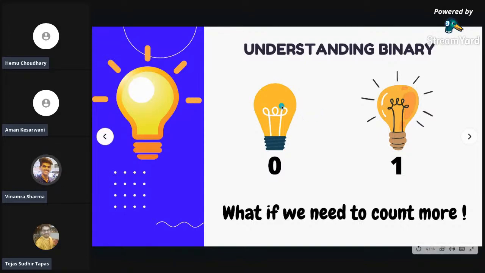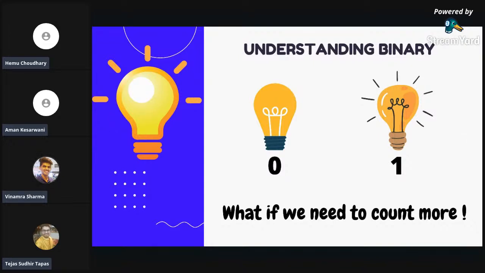So let's say you have a bulb. As you give it power, it glows. So when it doesn't have any power, it is 0, which is not glowing. And when the power is supplied to it, it's 1. As we know, everything here which is consuming power or electricity, electricity either can come or not. So there can be only two possible ways. Similarly, either the bulb glows, which we have taken as 1, which stands for the true condition, or the bulb isn't glowing or the power isn't there, which is 0.